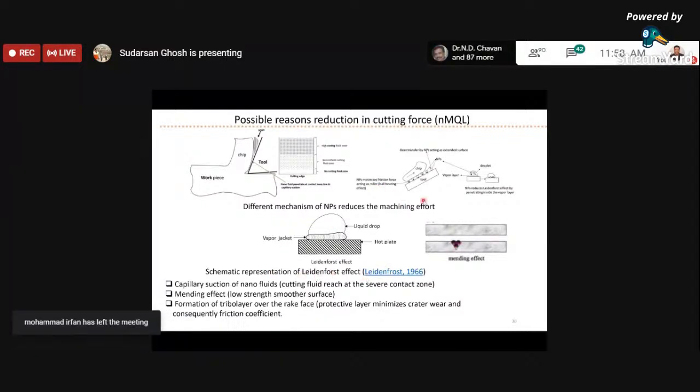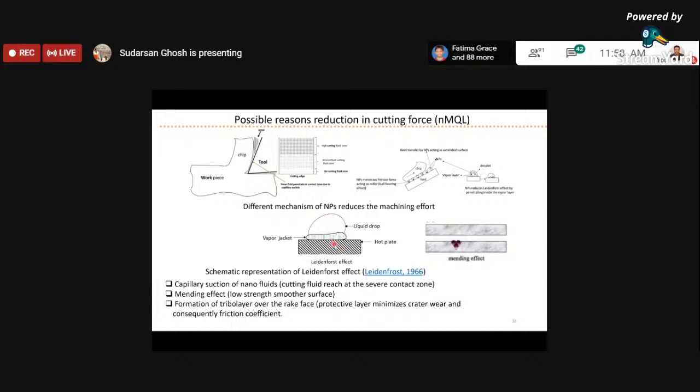So because of the Leidenfrost effect, the nanoparticles will be able to penetrate inside the vapor layer, and consequently will aid in better removal of heat